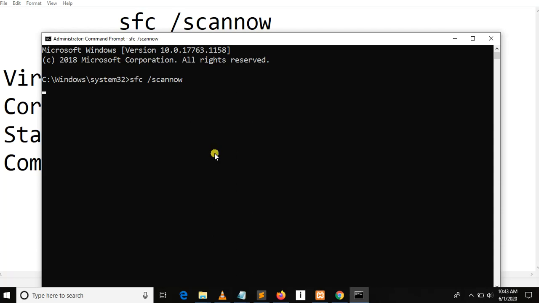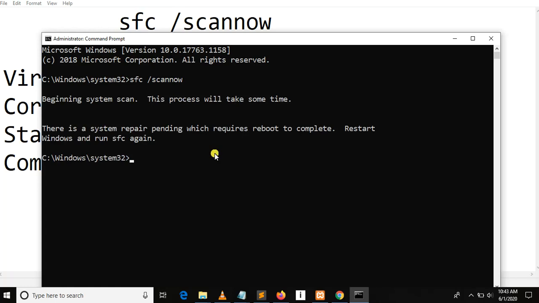Then this command will scan the whole file system of the computer, and if there is any problem, it will repair those problems. Here it says that there is a system repair pending which requires a reboot to complete, restart Windows and run SFC again.